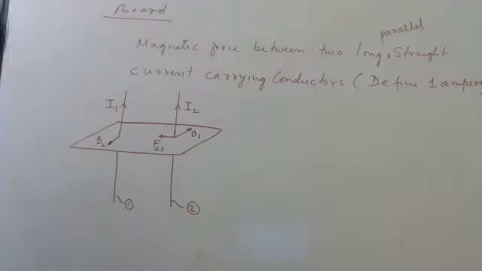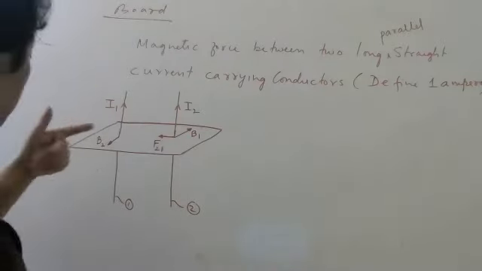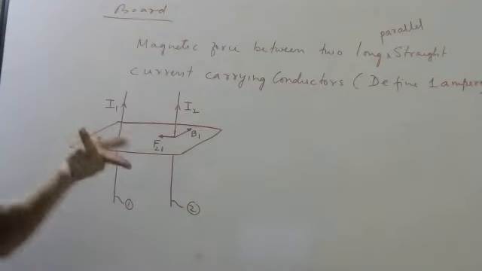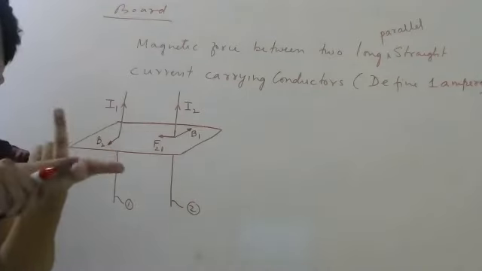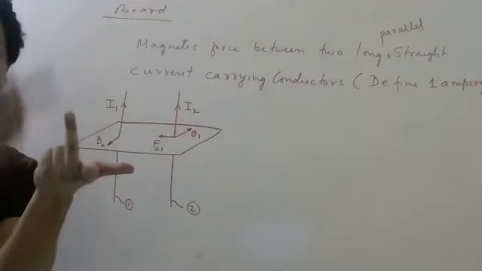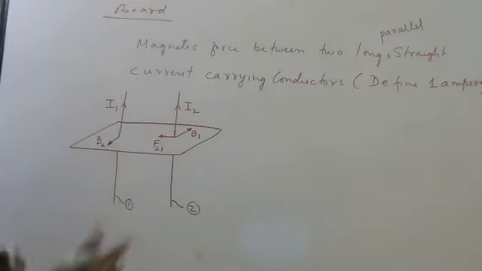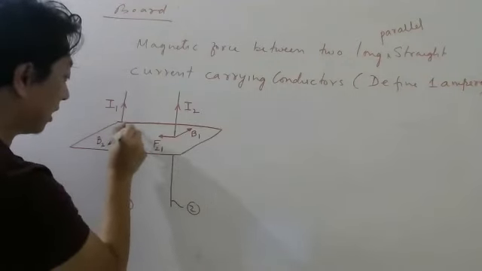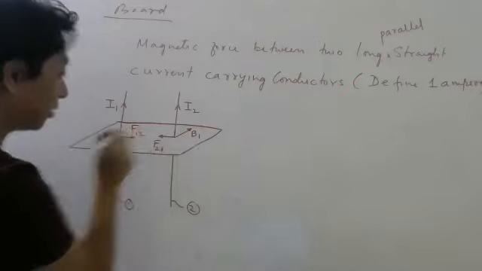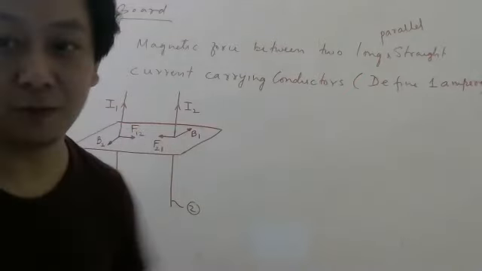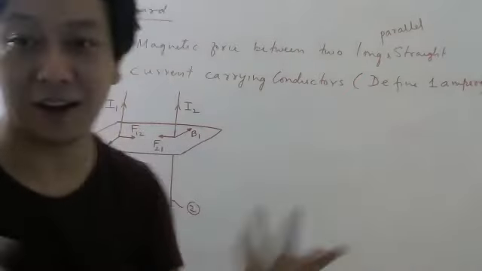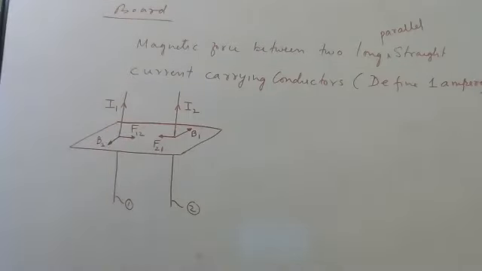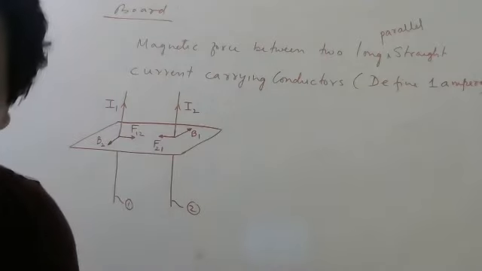What about the force on this? The magnetic field is out for this, the current is up, so the force will be this side. It has to be that side from Newton's third law. If one is attracting, the other also has to attract. So this is the force on wire 1 by wire 2. So direction wise we have explained. Now let us calculate the formula.